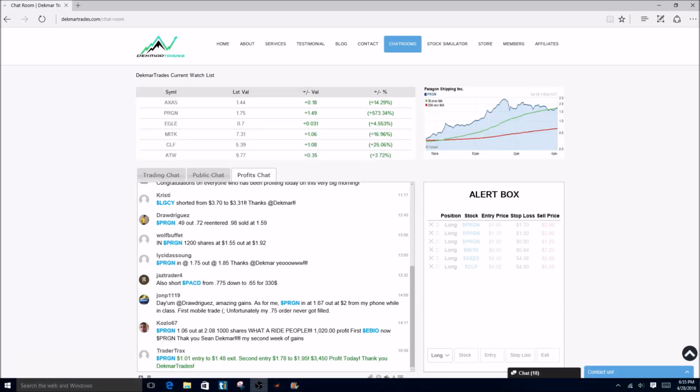Before we go into our video on PRGN and its $1 spike, we just want to give a huge shout out to the traders who traded this $1 spike. We had it alerted in our alert box at a $1 entry. It hit a high of 266 on the day, over 900%. Absolutely great to see. This is all from our trading strategy that we teach our traders every single day at